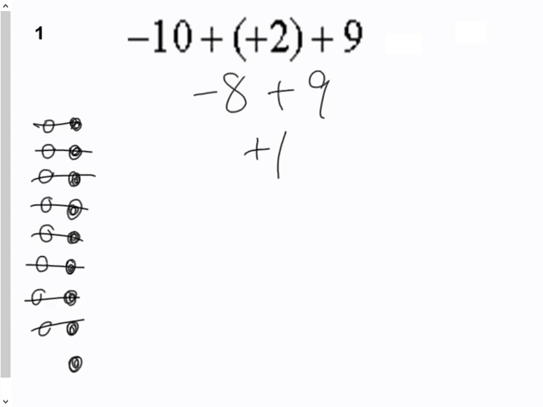Another way to think about that, if you wanted to, is I owe $8 and I have $9. So if you owe $8 but have $9, you can pay off all of your debt and still have $1 left over. Okay? So the answer for that is +1. If you didn't get that right, make sure you copy down what you should have done, and make sure you use the integer chips if you have them. If not, you can draw them like I did to help you figure out the answers the next time you have a question like that.